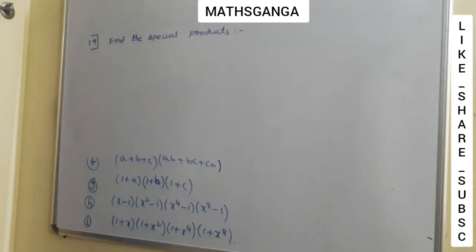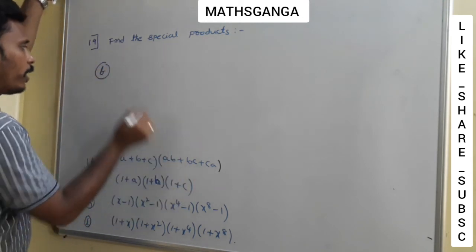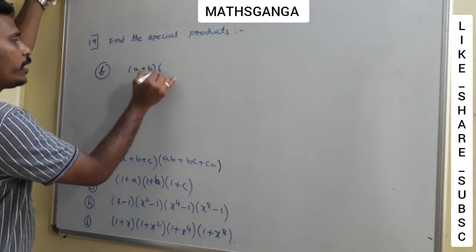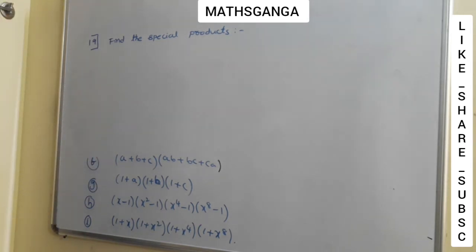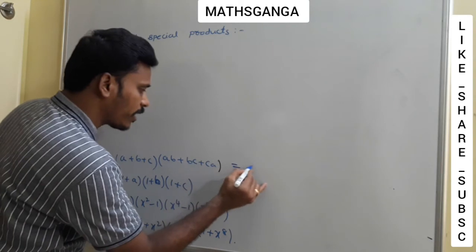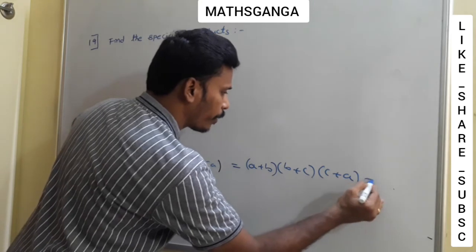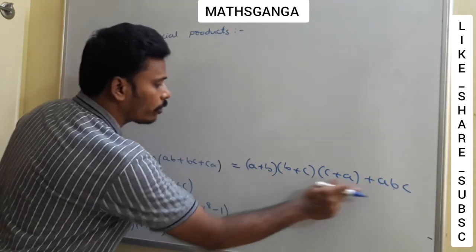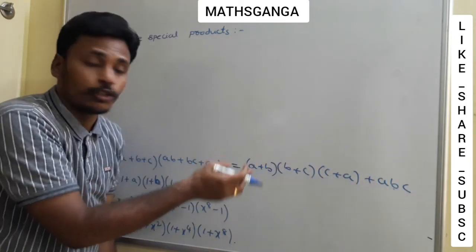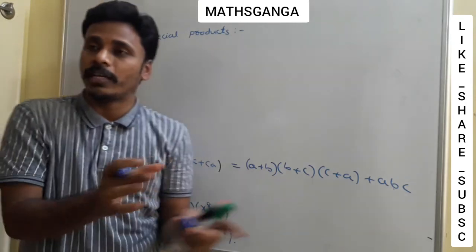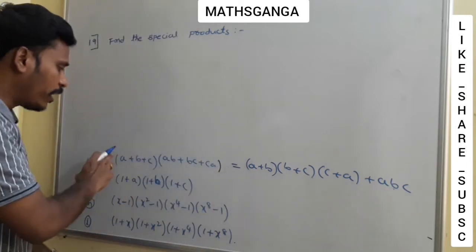Just think about it. You just try to find. If you multiply, you will get that. If you multiply the same thing, (a plus b) into (b plus c) into (c plus a) plus abc, you will get. Directly I will write here. If you multiply these two, this is again equal to (a plus b) into (b plus c) into (c plus a) plus abc. Already we know the expansion for this product. You just add one more abc. For this product, as I mentioned, it is something like a square b, a square c, b square c, b square a, c square a, c square b plus 2abc. You just add one more abc, that is this product.